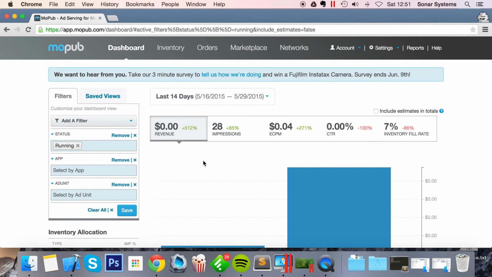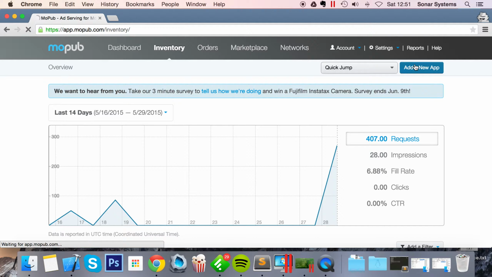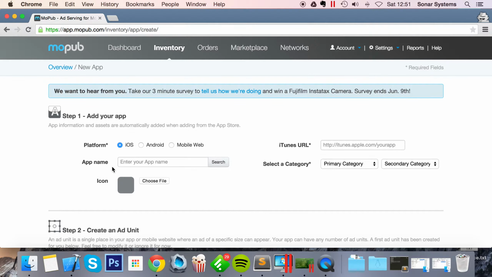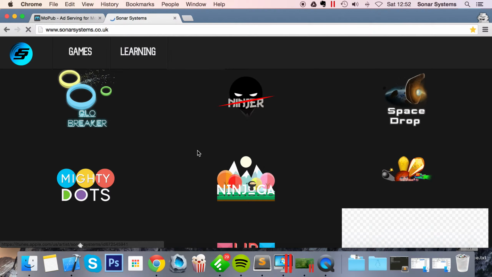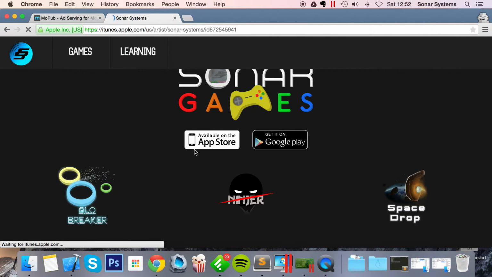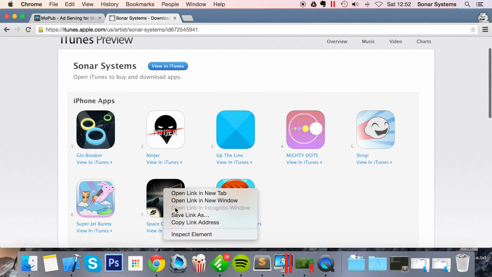So if you just go to your web browser, go to mopub.com, create a free account, sign in, and once you're signed in, go to inventory, add a new app, and select your platform, just put an app name. I'm just going to put something random. I'm going to put random app iOS. Put an icon if you want it. You do need an iTunes URL, so what I'm going to do for the purpose of this video is just get a URL from one of our applications. Just going to use space drop free,